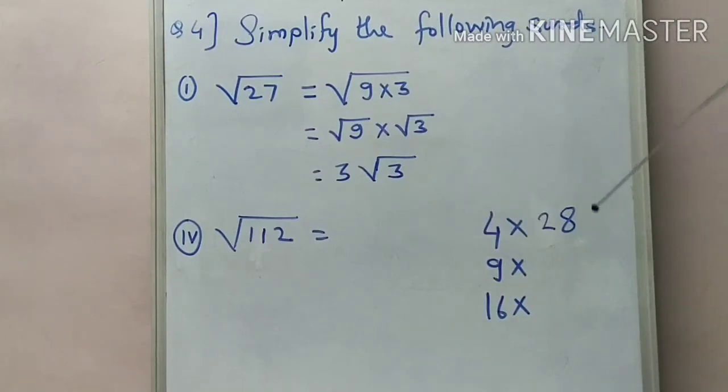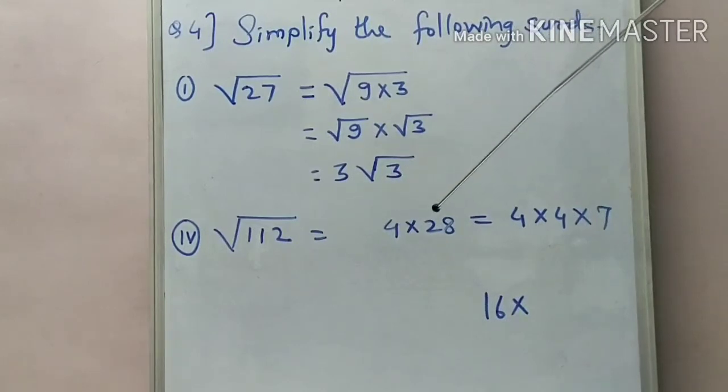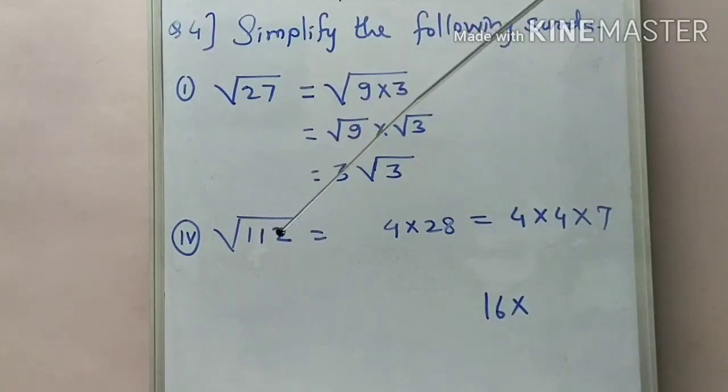But again, as we observe here, 28 can be factorized again. So we try for 9, it's not possible, 112 is not divisible by 9. And as we factorize this 28, we get one more, a greater perfect square number, 16, because the factors of 28 are again 4 into 7, and hence we get the factors of 112 as 16 into what? 7. Yes.